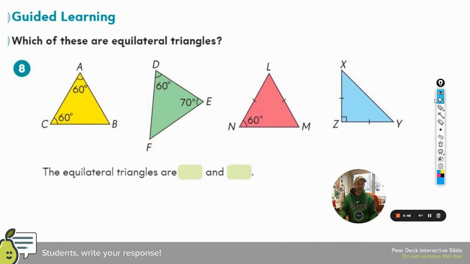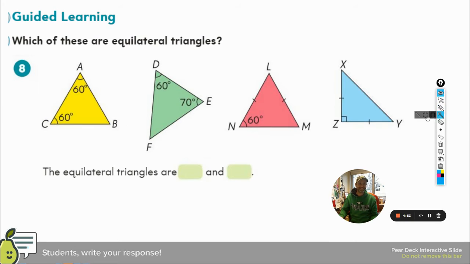All right, so if every angle in an equilateral triangle is 60 degrees, which ones are equilateral triangles? Or as I like to do on our standardized test that we have to take every year about this time of year, which are not? All right. So all of a sudden, I see there's a 70 there. Nope. And I see a 90 there. No. Okay. Over here, I'm going to look at this one. If this angle is 60 and this angle is 60, and I do 180 minus 60 minus 60, that must also be 60. So the equilateral triangles are